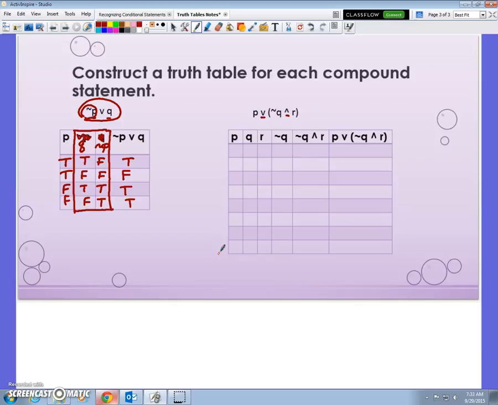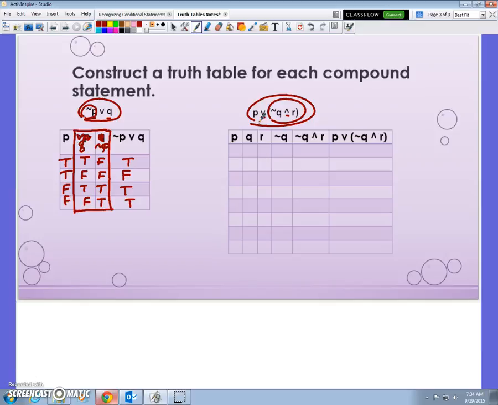If I had 3 conjunction or disjunction, I'd have to have 16 rows going up and down. I don't think they're going to get that complicated for you. But let's just take a look at it. I separated all the parts down. I needed a P part, a Q part, and an R part. I needed a not Q part, okay? And then I wanted this compound part right here, and I wanted the whole thing, which is what I need to